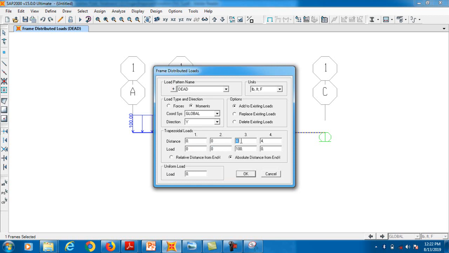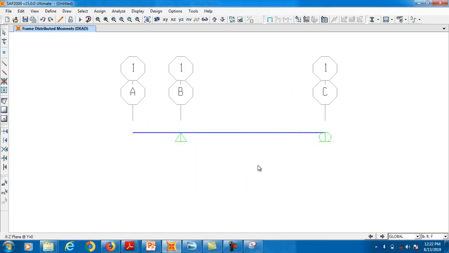You need to make it 0. Clear? So we have a moment which is applied at a distance of 5 feet, and the value of the moment is 1200 pound-feet. Clear? Now the moment which is assigned to this beam,